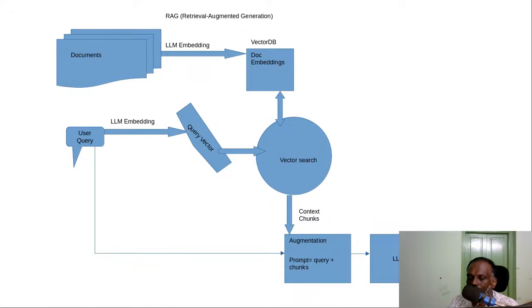To handle that problem, first, as we discussed, we can set a high value for k. That's okay. For example, you can set k as 50, and it will be retrieving 50 results. Then you can send those 50 results for re-ranking. After doing the re-ranking, you can take the first three or four. For that re-ranking, normally cross encoders will be used. The fundamental difference between cross encoders and vector search is